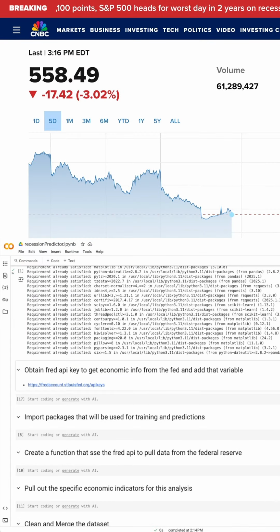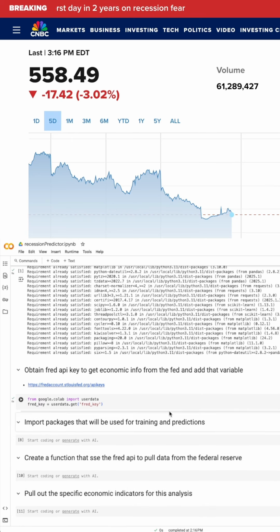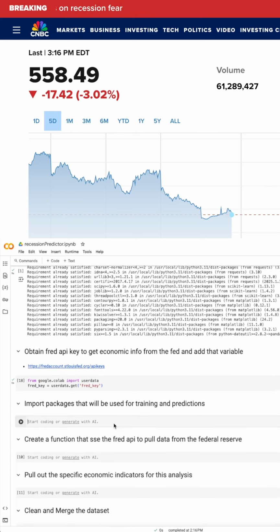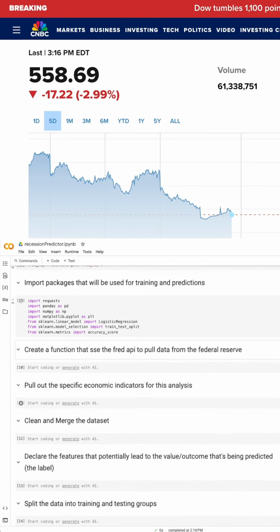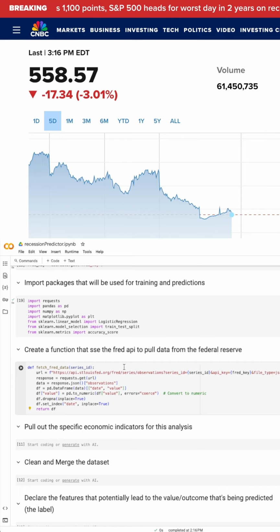We can import our API key either through the environment or through Google Colab, which is what I used for this. We want to also import our actual packages that we're using that we just installed, as well as some pre-imported and installed packages. We can then use our API key in order to make a function that can take